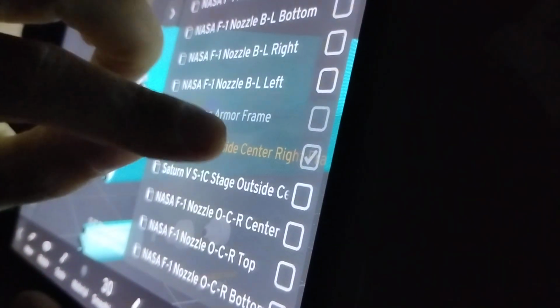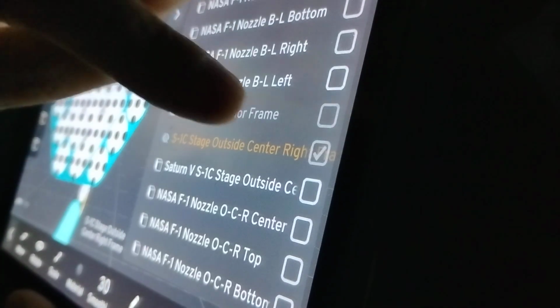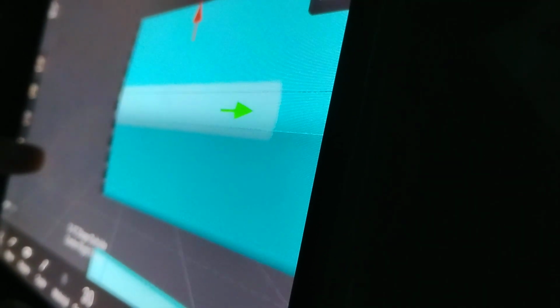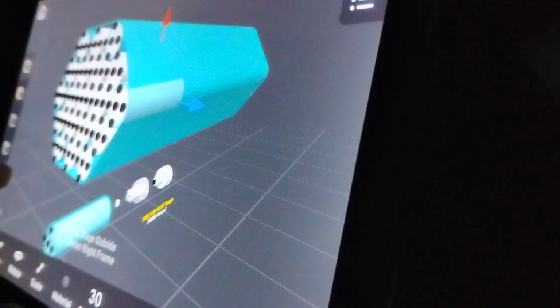Outside center right frame. Okay. Unhide that. So that's what that is. And so I did that. So I got all these made. And then